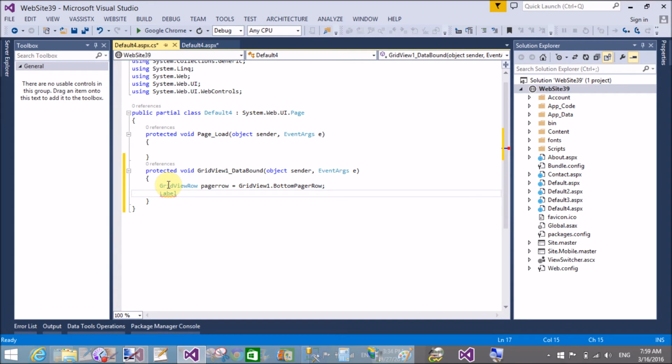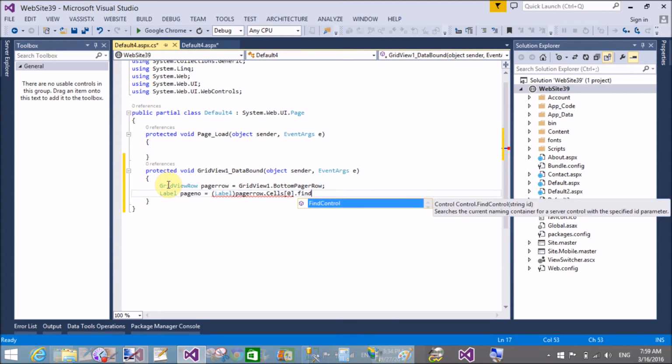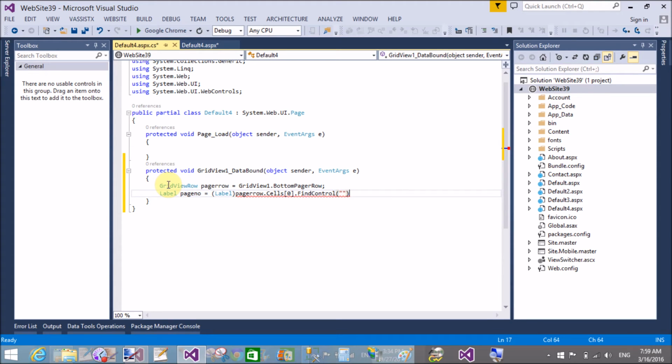Now get the label from the grid view pager template. So the label page number: explicitly convert the object type to Label, PagerRow.Cells[0].FindControl, and the name of the control, that is the label for the page number and the total number of pages.